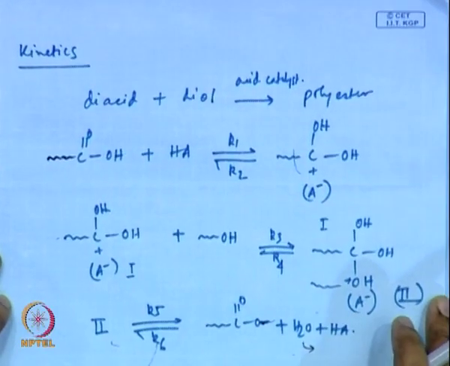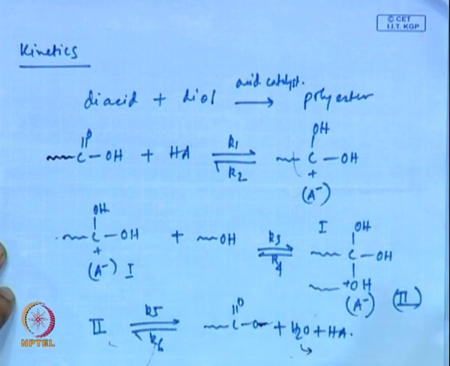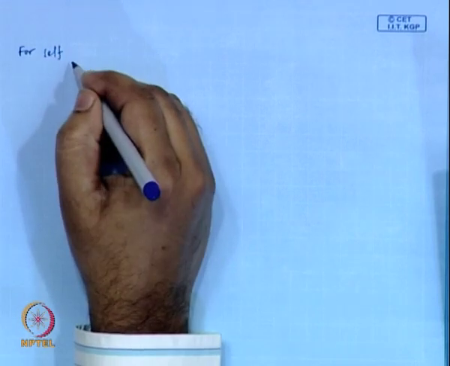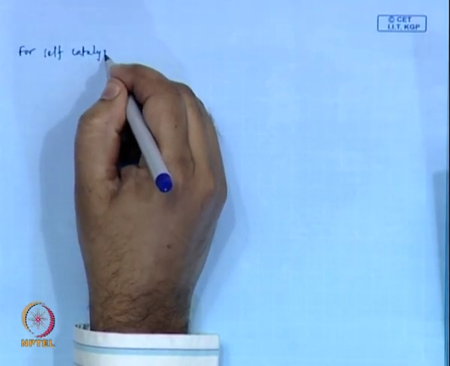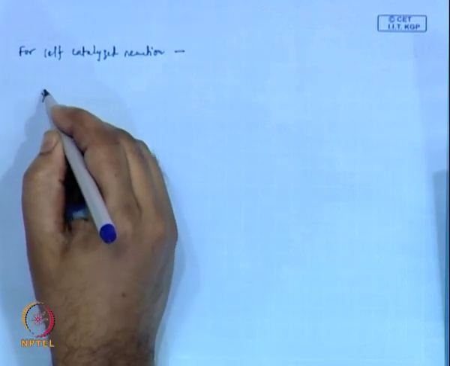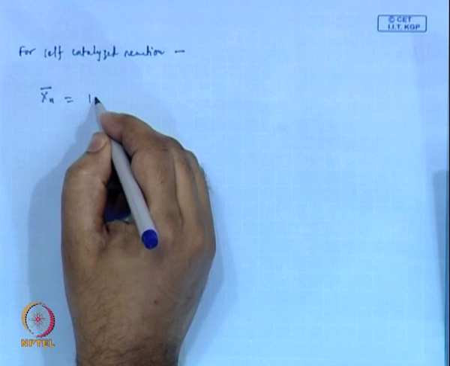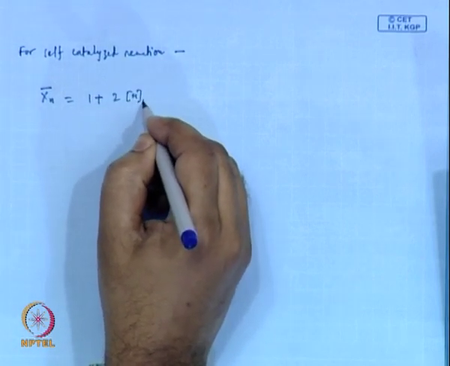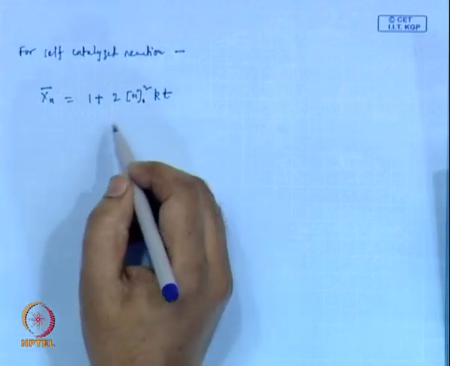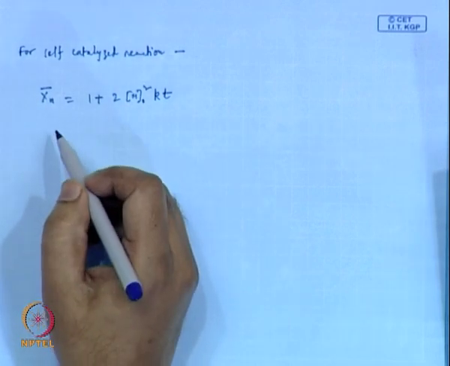This is the reaction we took as our model, the polyesterification reaction, and finally what we arrived at is as follows: for a self catalyzed reaction, Xn bar is 1 plus M0 squared Kt, where M0 is the concentration of the monomeric species at the beginning, whereas